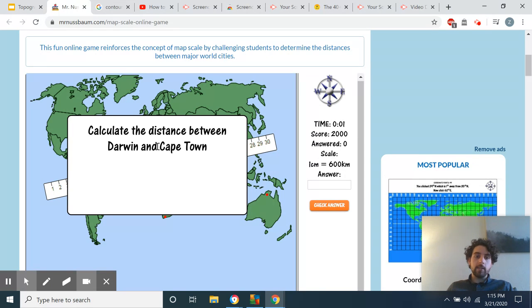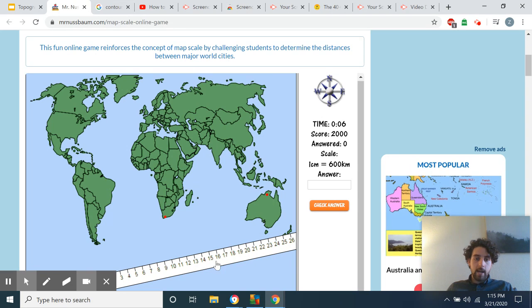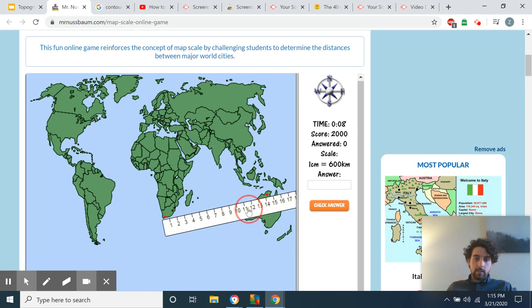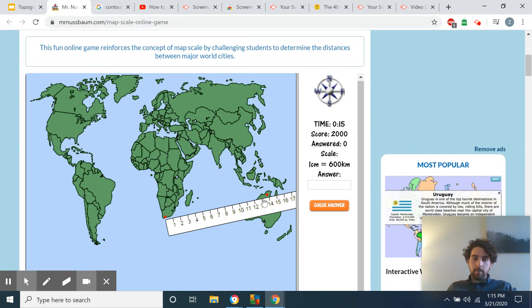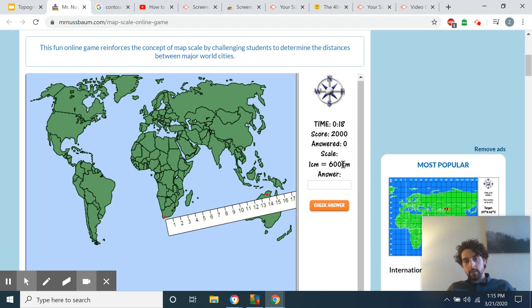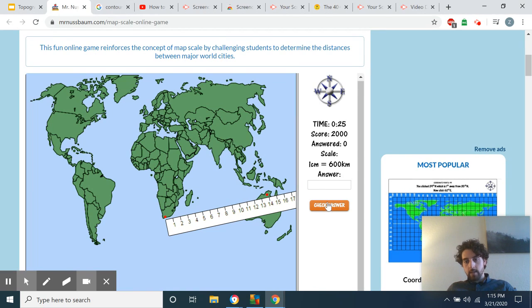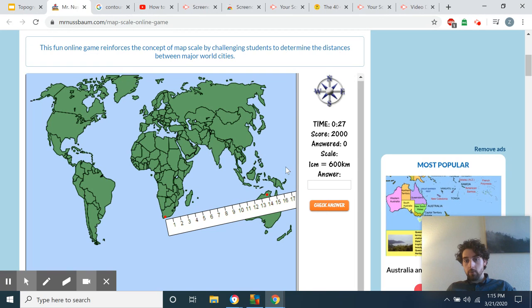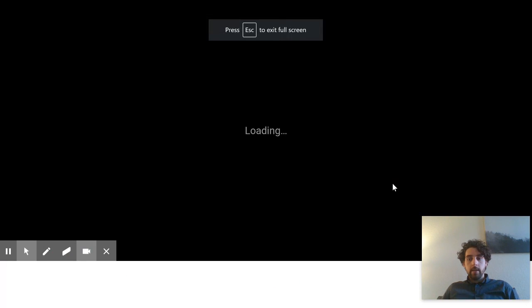Start game. Calculate the distance between Darwin and Cape Town. See this red dot and that red dot? Calculate that distance by lining up the ruler. That's 14 centimeters. 1 centimeter equals 600 kilometers. So take your calculator. 14 times 600 equals, and then type the answer in here and click check answer. Do 5 of those, measure your score, and then post a screenshot of that. All right, I'm going to go back to the lesson. After you're done with that,